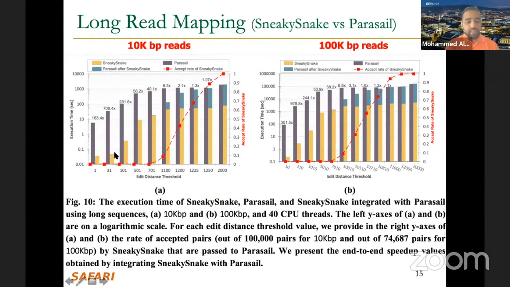In the yellow columns, you will see the execution time of SneakySnake only, the filtering. And in the gray columns, you will see Parasail. Running SneakySnake alone and Parasail alone, you'll get these plots. And now, if you go to SneakySnake, you get the accepted pairs and you try to run Parasail on only the accepted pairs, you'll